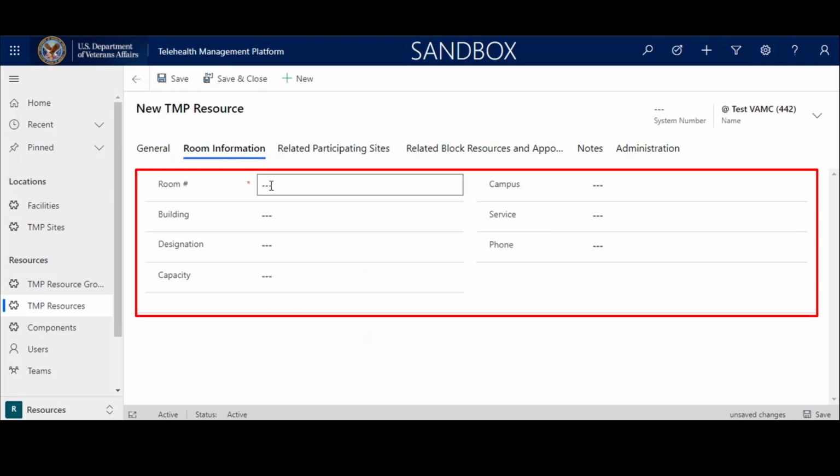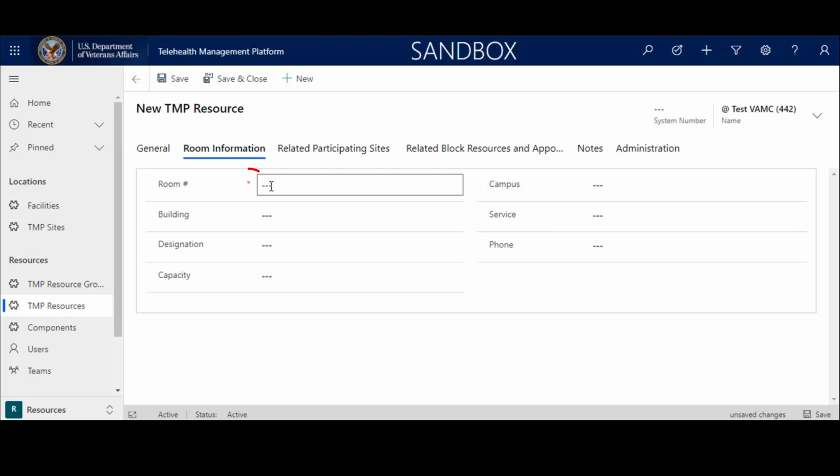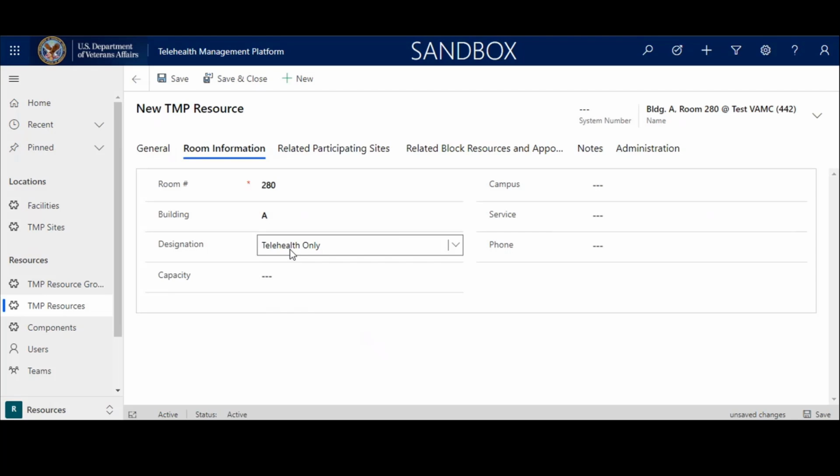Select the Room Information tab to update the location information of the room resource. A red asterisk indicates a mandatory field. These fields must be completed before the record can be saved. Type in the room number in the room number field and the specific building name or number where the building and room are located. Complete the designation field as telehealth only if the room is used exclusively for telehealth visits,